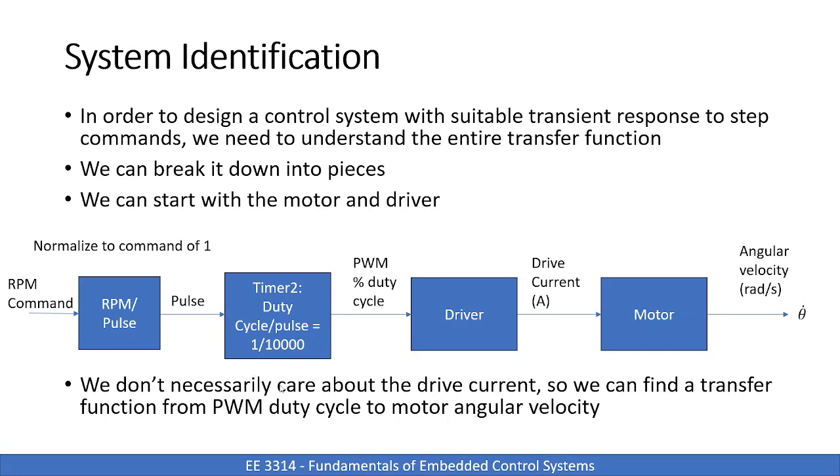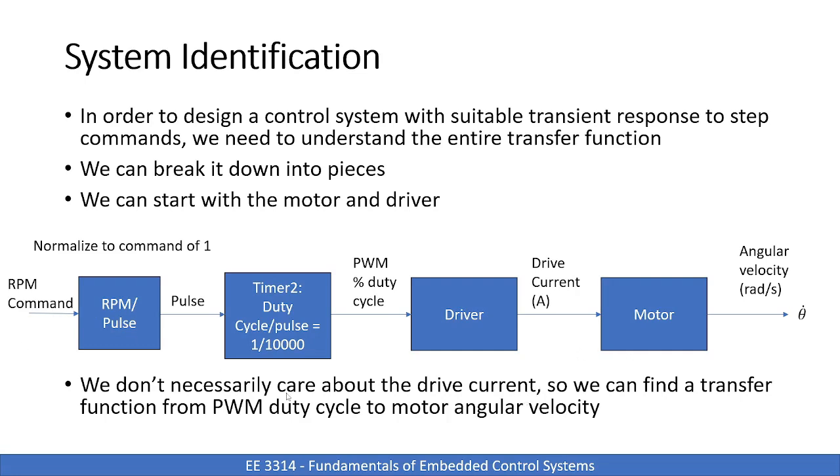And really, one of the keys about dynamic systems is we don't really care about what some of these specifics are. We don't really care what this duty cycle is, or what this drive current is, or what this pulse count is. Those are irrelevant to us, right? I don't care if the duty cycle ends up being 20 or 50 or 70. All I know is I really just care about this angular velocity. So we don't need to know all the internal specifics of these parameters. We just really want to know,